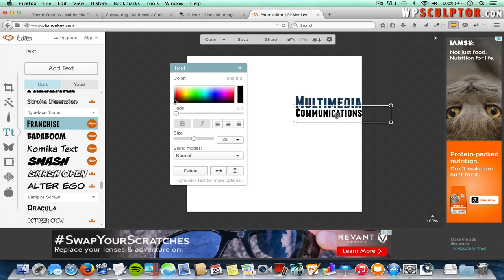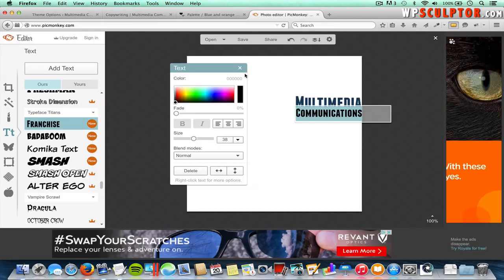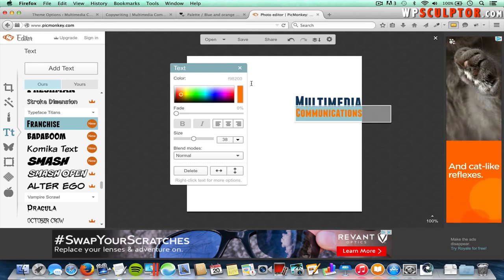And then the next thing I want to do is double click on communications and change the color to the orange color from my color palette. So I'll go back and copy this darker orange shade hex code and come back to PicMonkey, and with that selected I can choose the hex code that's there and paste in my hex code and press enter, and that